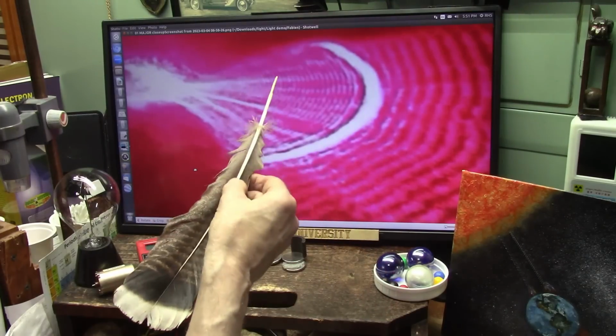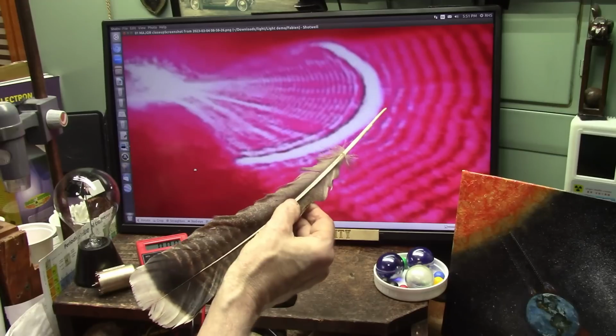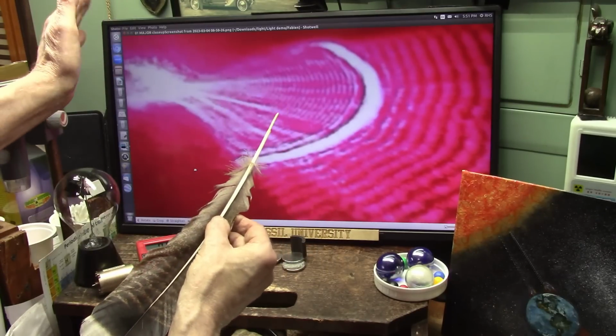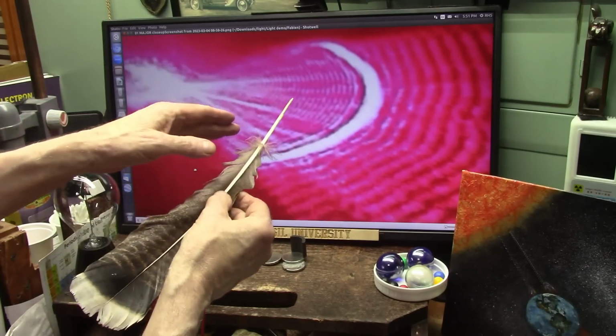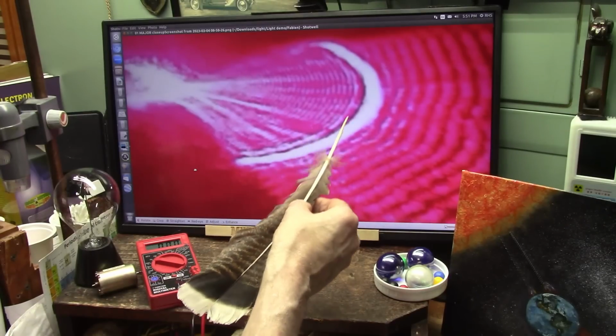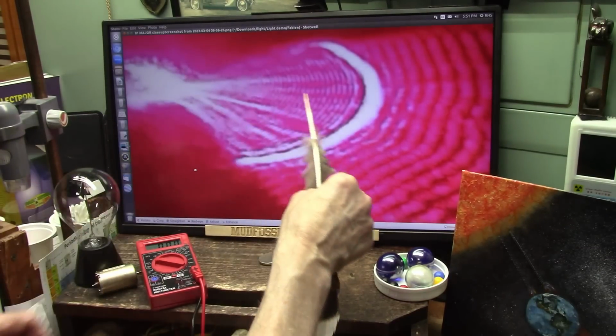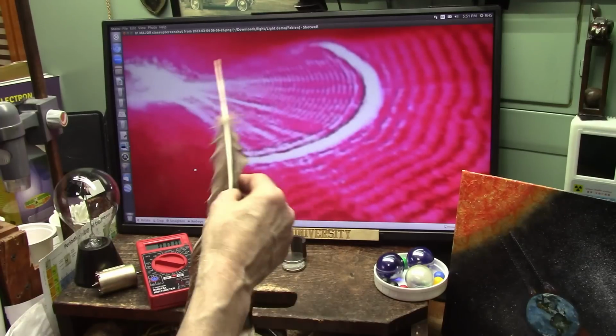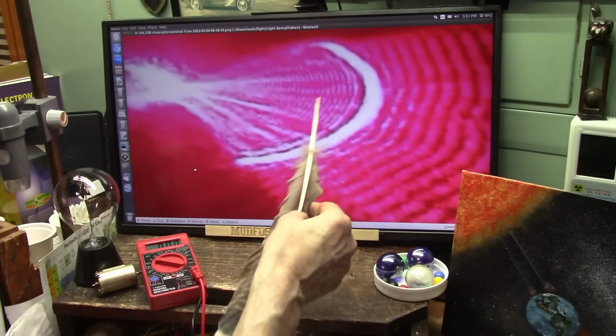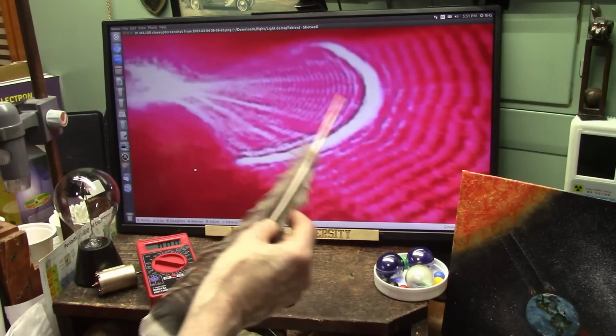Now, the only reason we had white coming through the Venturi before is because it kept slapping at the Venturi and spitting only the white out. Now we got white and black. This one's tuned a little wider, and it's letting both come through, not equally, primarily the white, because the white is the small part. Now, what's going on here?